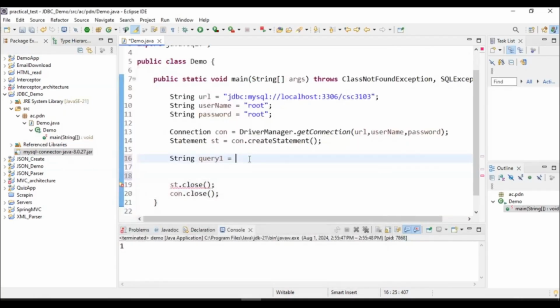This is an empty table. Then I'm going to insert a new student here. This is a string, right? Insert into the table name student, the values will be